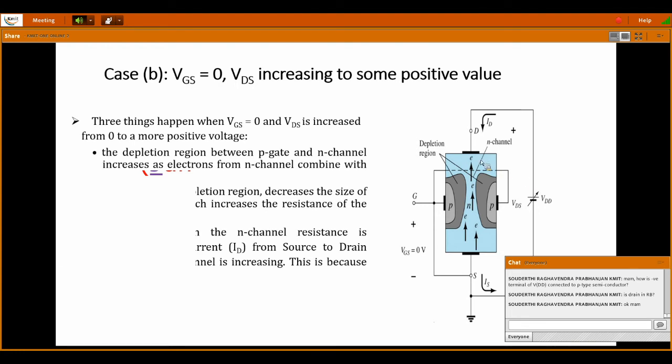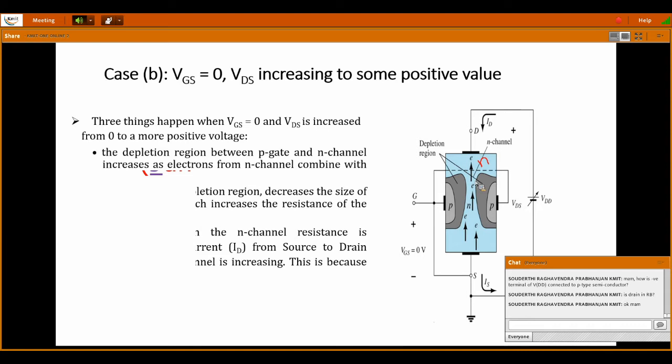See here, drain. What is this material? The N-channel FET we are discussing, and this channel itself is of N-type material. Okay, so N is connected to what? The positive terminal of the battery. This itself tells that internally the drain is reverse biased. The drain to N-type junction is reverse biased, which means the drain is more reverse biased as compared to the source.